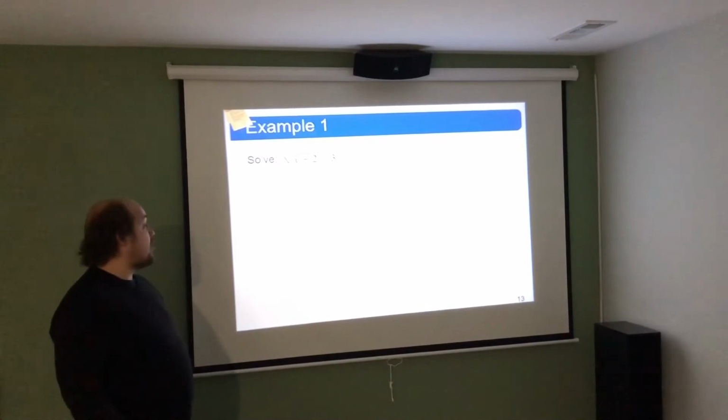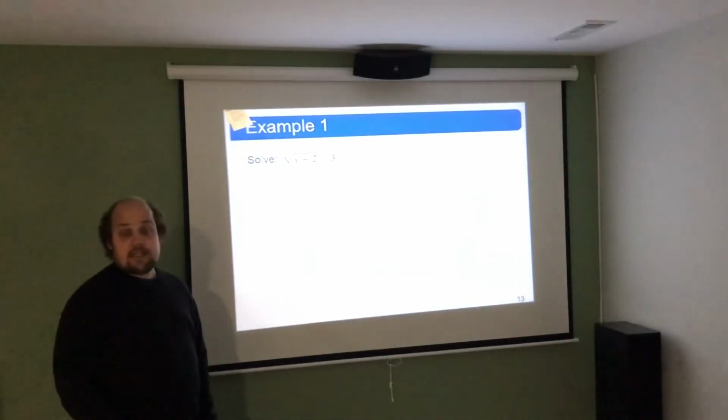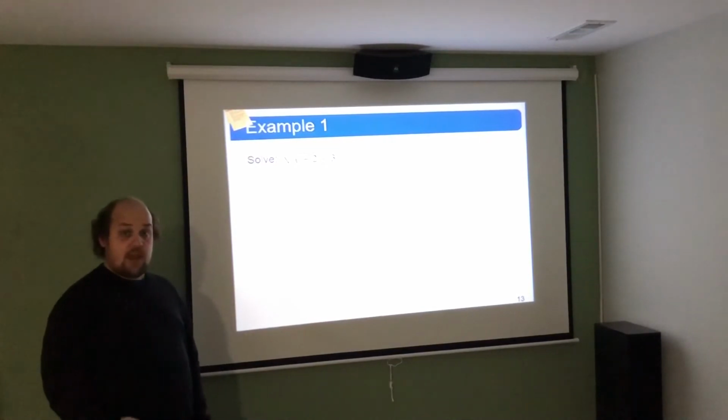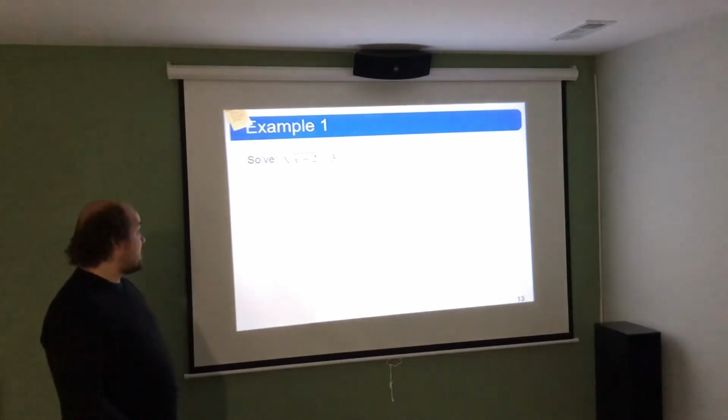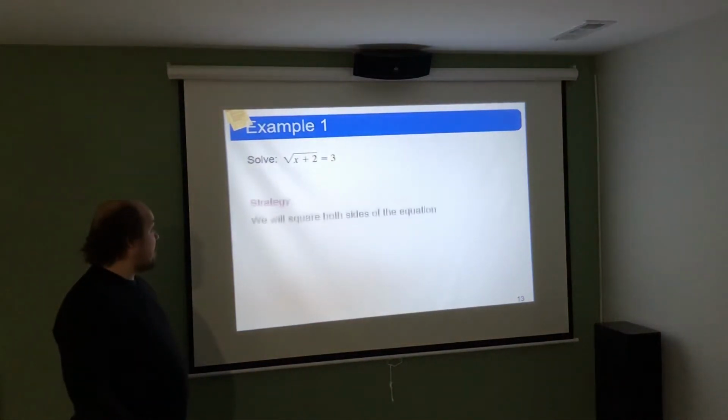So let's say we start with the root of x plus 2 equals 3. In this case, the root is isolated on the left-hand side already. There's nothing with it. It's just everything under the root. And on the right-hand side is everything else. If we then square both sides,